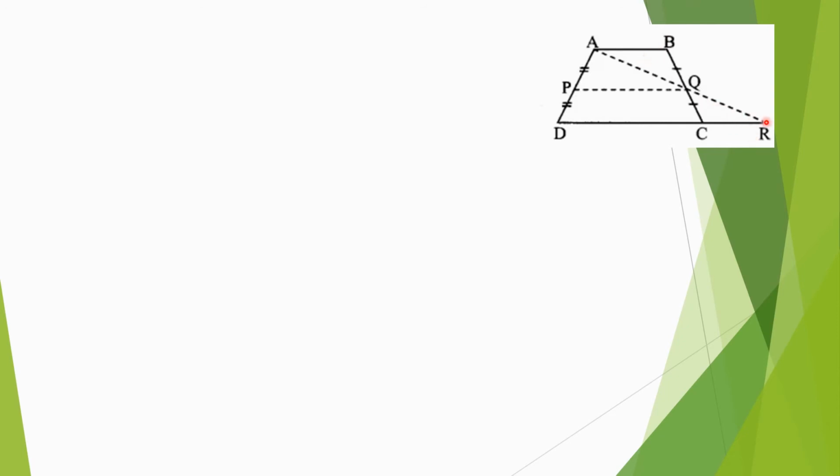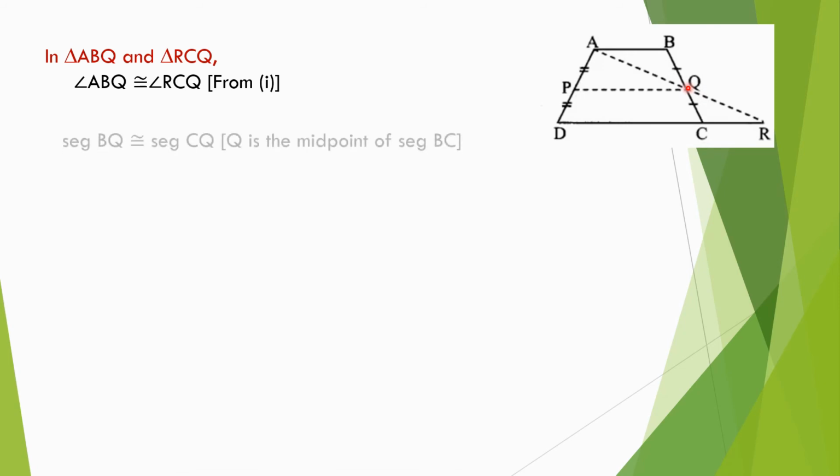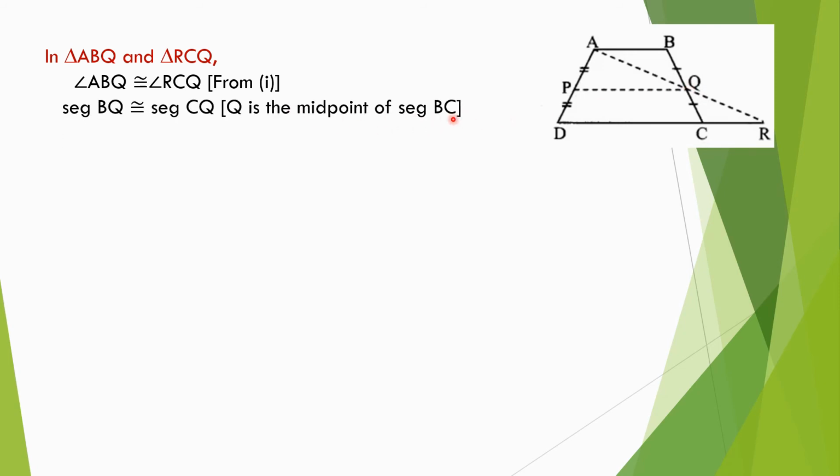In triangle ABQ and triangle RCQ, first write the congruent parts. Angle ABQ congruent to angle RCQ from equation 1 and segment BQ congruent to segment CQ because Q is the midpoint of segment BC, and angle BQA congruent to angle CQR because these two angles are vertically opposite angles